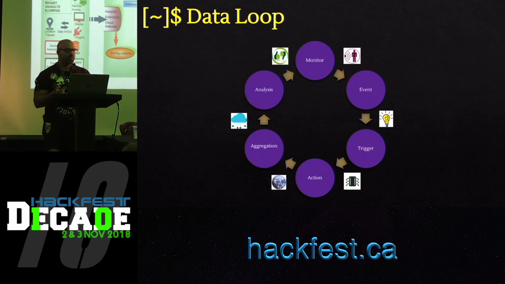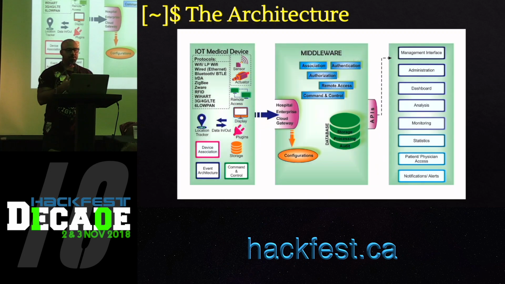So in terms of architecture, the medical device itself, which is on my side, has a lot of subsystems. As I mentioned, it can talk over a lot of different protocols. It would have sensors and actuators to detect a variation in pattern. It would have a display. It might have a location tracker, like if it's the device that's monitoring your location, tracking your steps, and so on. Device association is the module that handles the authentication and authorization of a device to different connected systems. It would have a small storage to store data temporarily.